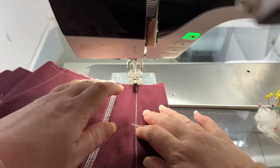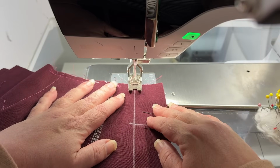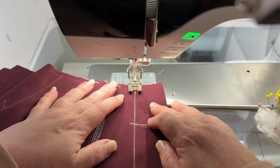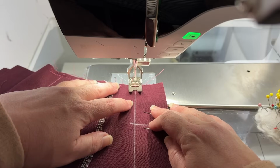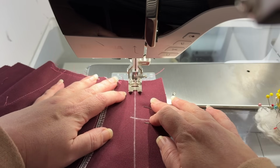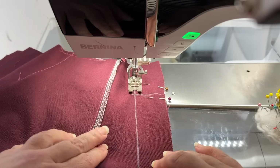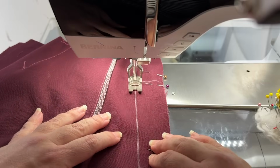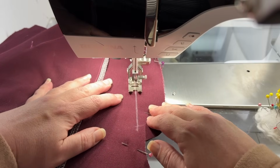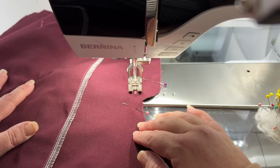All right, so I've got my stitch length at 5mm. We're just gonna start here at the top, and we're just following on the line that we drew all the way down. My machine automatically backstitches. I could turn that off, but that seems like more work than I wanted to. All right, so we're going all the way down, and then once we hit our